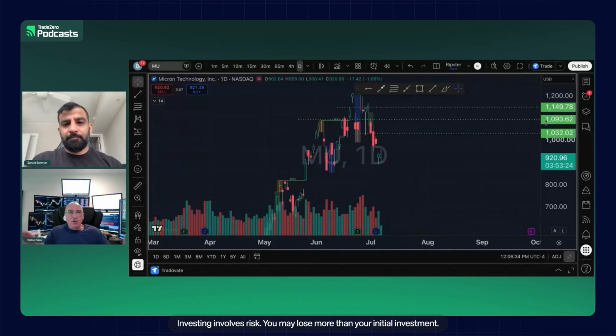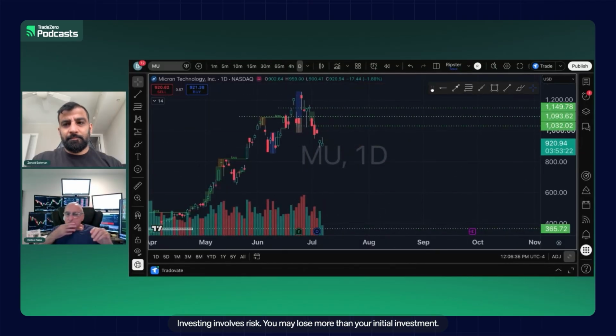That's a good point here. A stock like MU, and we speak about this again, the fact that it's a crazy stock. I've seen it bury the smartest of people that I know on Wall Street. I've seen it bury these people, and it's doing the same thing now. But the point I want to make is this: no matter what the atmosphere is, the personality of the stock holds true.